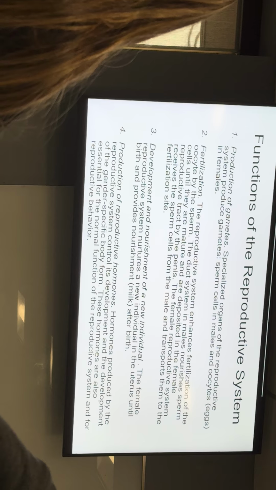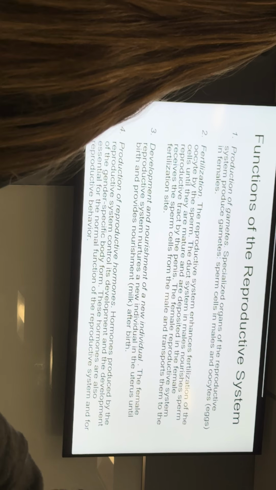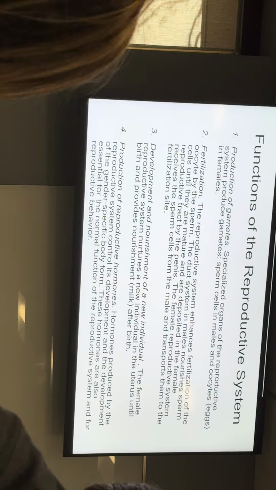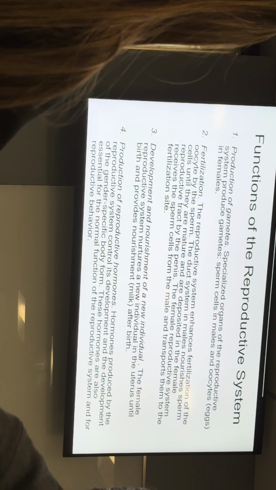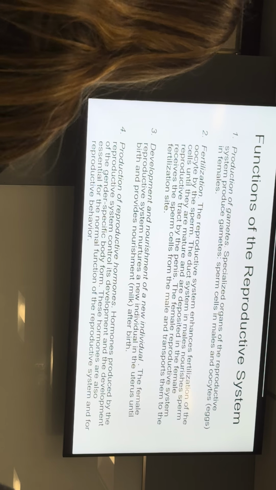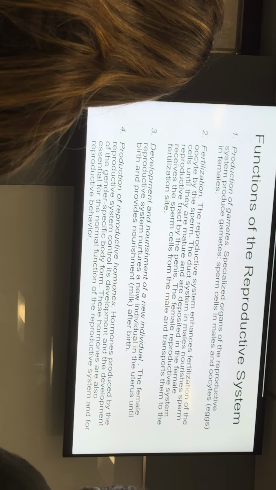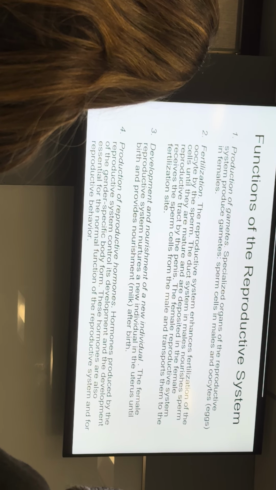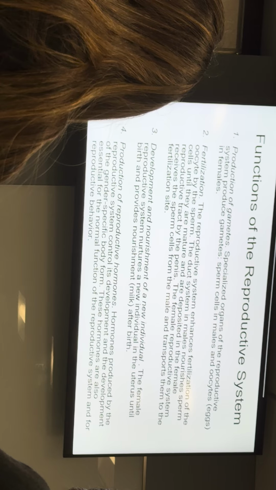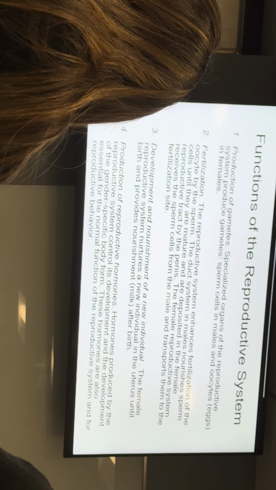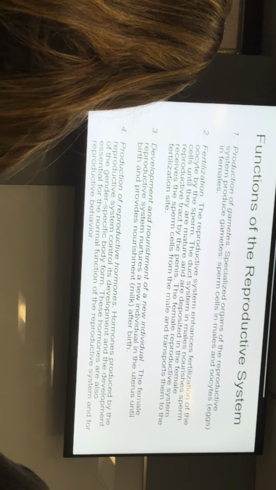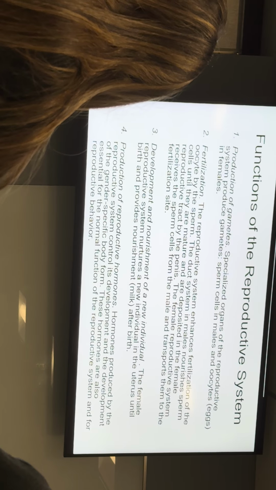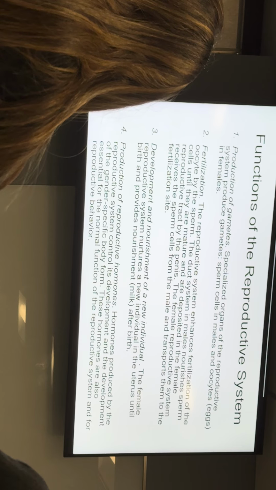Okay, and then we have to have fertilization. So your sperm has to fertilize the egg. In this, you have a very small window for this to be successful. Your sperm must fertilize the egg within 24 hours after ovulation to have a successful pregnancy. If you fertilize the egg after 24 hours, your chance of a successful pregnancy goes down very quickly. So say you have sex 3 or 4 days after you ovulate, your egg can still get fertilized, but it will not become a baby. It will not fully develop.